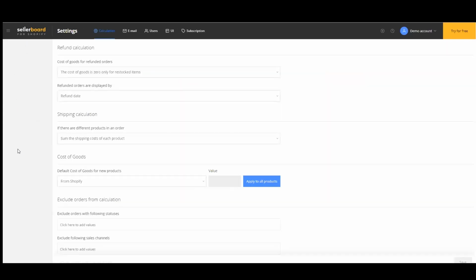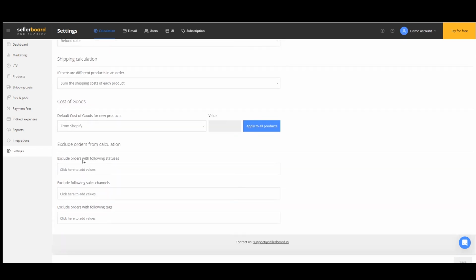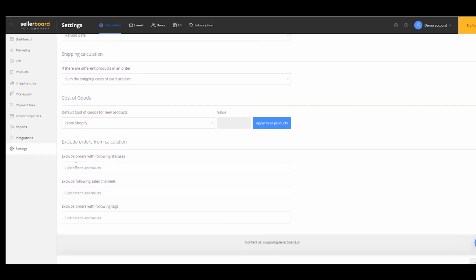And the last thing, over here in the settings, you have some cool things that you can also, I advise you to take a look at them. So you have some options for refund calculations, so check these out. One important thing, by the way, I'm going to skip all of them, but just to point out one thing,